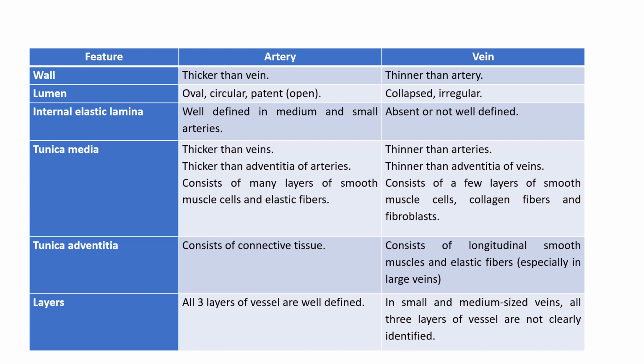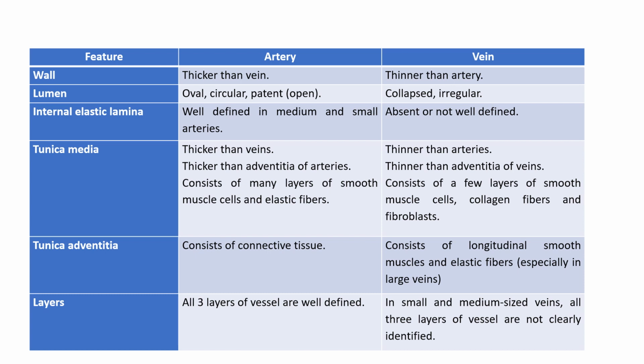The tunica media of arteries is the thickest layer. In veins, the tunica adventitia is the thickest layer. In arteries, the tunica media is formed by smooth muscles and elastic fibers. In elastic arteries, a greater amount of elastic fibers is present. In muscular arteries, more smooth muscle cells are seen in the tunica media. Whereas in veins, the tunica media is thinner and consists of smooth muscle, elastic fibers, collagen fibers